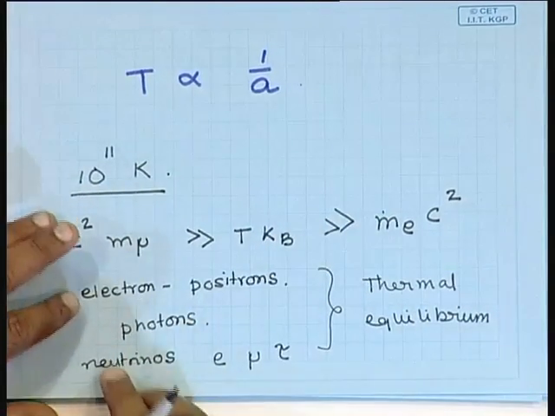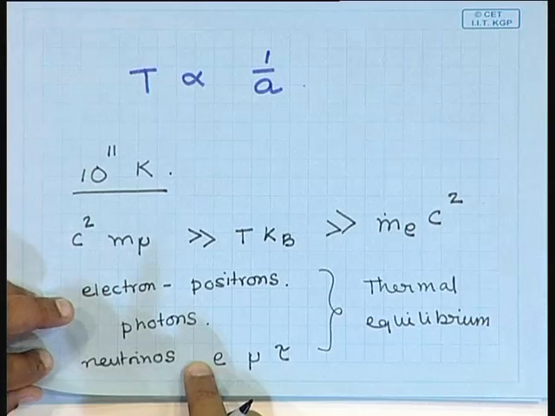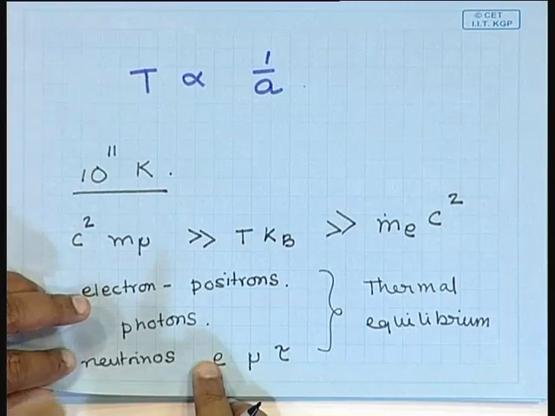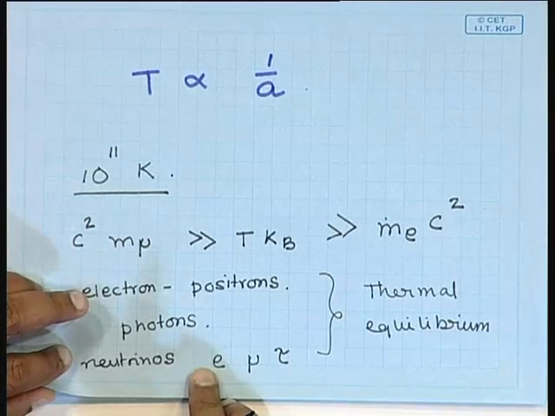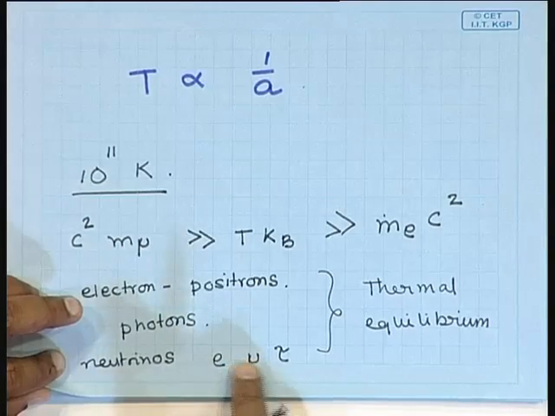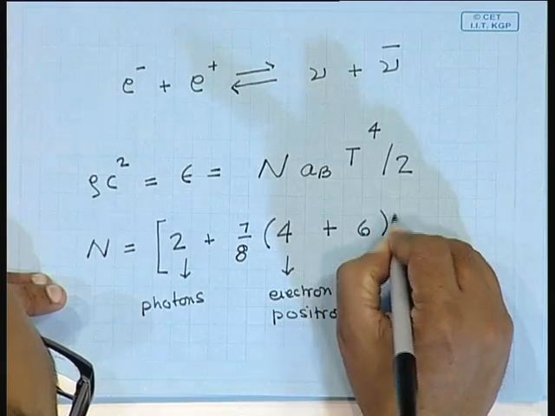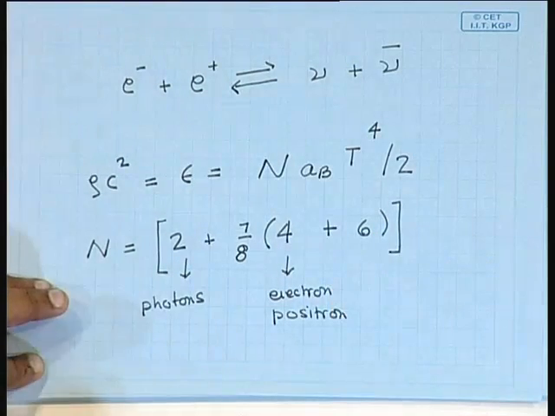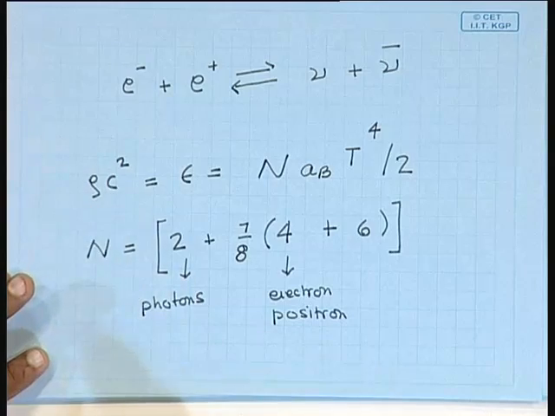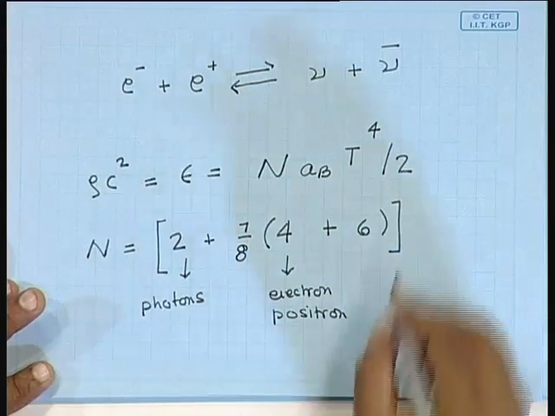Now, for each kind of neutrino there is only one polarization, and there is also the antineutrino. So, the electron neutrino has one polarization, the antineutrino has another one polarization. Similarly, we have the mu neutrino and the tau neutrino. So, the neutrinos contribute a factor of 6. So, this is the total number of degrees of freedom effectively that comes over here, and this comes out to be,